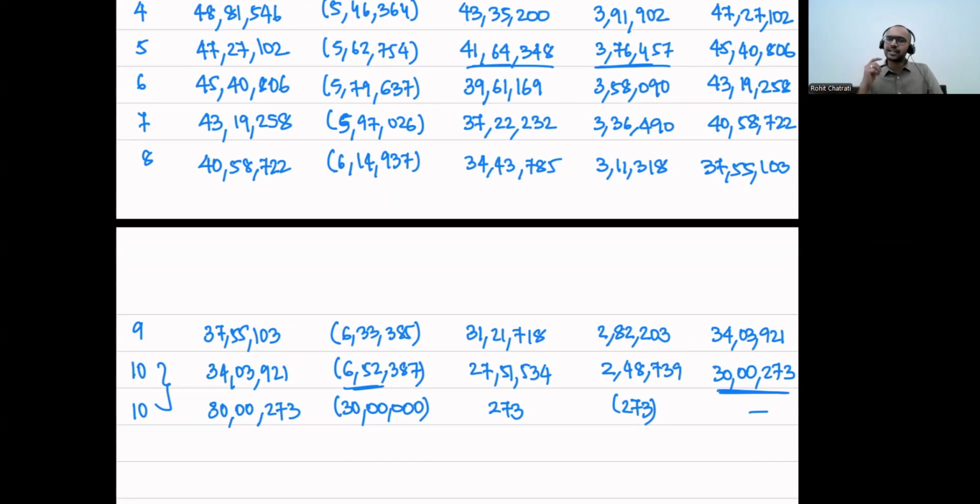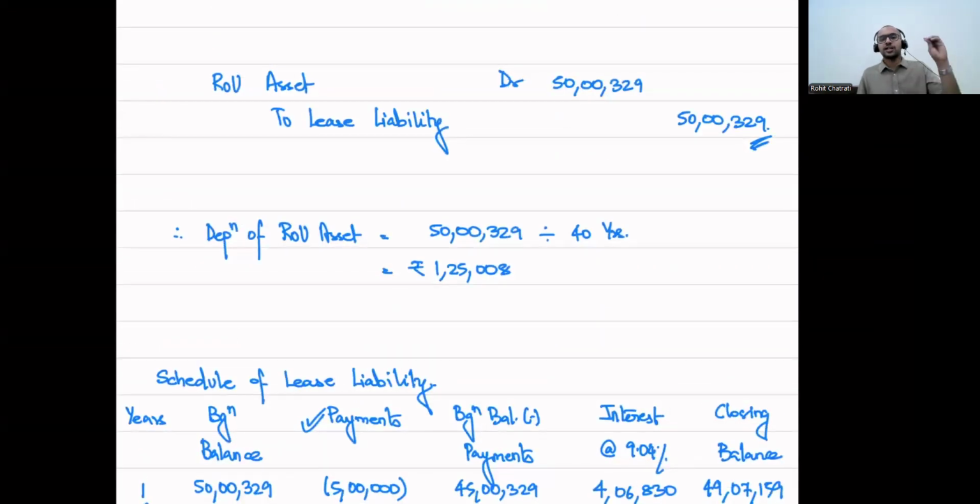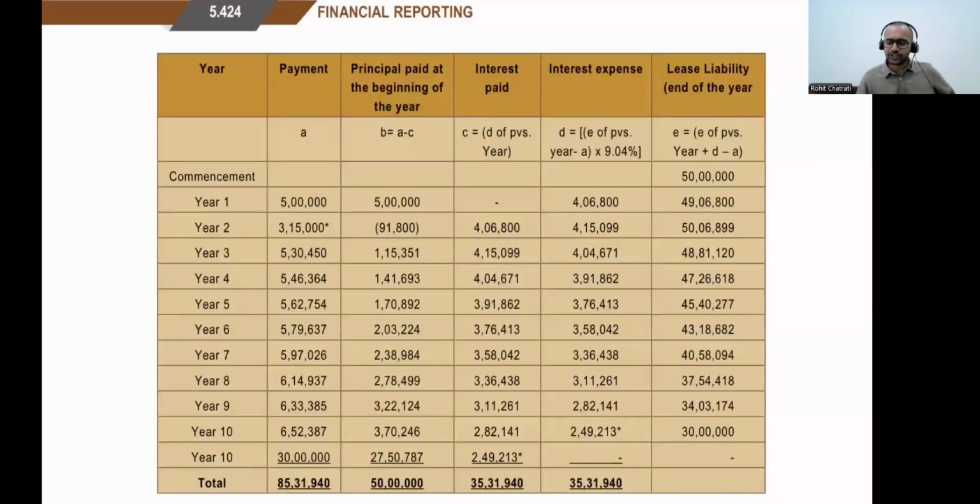652 was made as a payment at the beginning, whereas 30 lakhs was a payment at the end of 10th year, and hence I've split 10th year into two rows, and the first row is going to end up with a closing balance of 30 lakhs, which will then go down to zero upon making the payment of purchase price. So this way, the lease liability goes down to zero at the end of 10th year, but the ROU asset is not going to go down to zero at the end of 10th year. The ROU asset is being depreciated over 40 years because even after the 10th year, I expect to actually use the asset for business purposes. Therefore, we use the life of 40 years to calculate the depreciation of ROU asset. That is how we have solved question number 31.